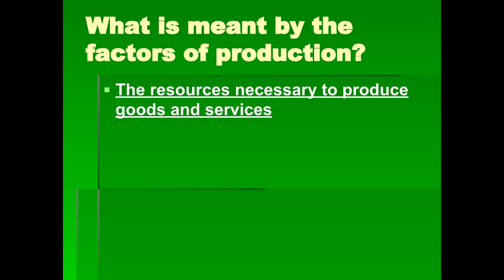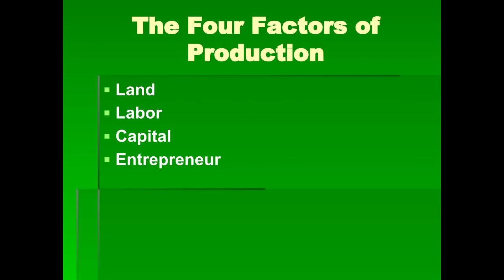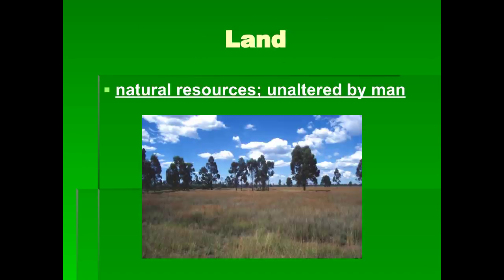Alright, so we've covered a lot of terms. We're going to cover a few more. Factors of production. These are the things necessary to produce goods and services. Those are factors of production. The things you need to produce goods and services. You've learned about resources in 6th grade. We're going to kind of change it up a little bit from what you learned. And here are the 4 things that you need. You need land, labor, capital, and an entrepreneur.